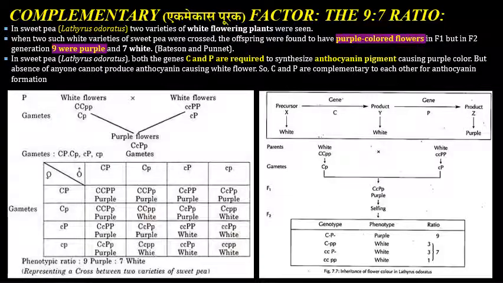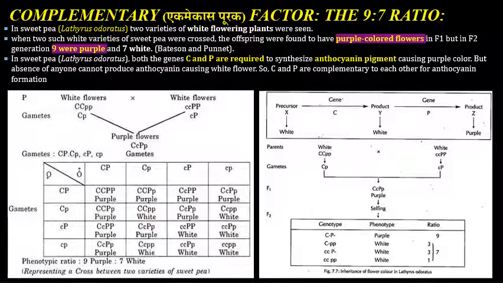So C and P are complementary to each other for anthocyanin formation. In the absence of either gene, C or P, there is no formation of purple colored flowers. Now we will see the example of sweet pea in detail, in which the two parents were taken